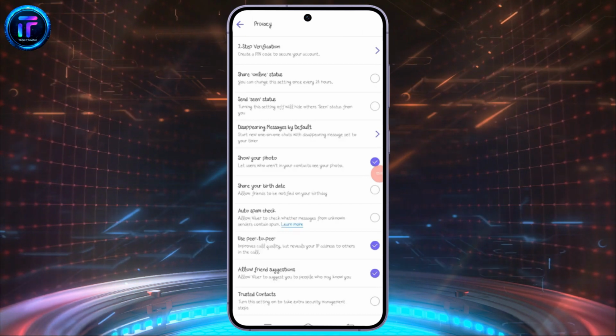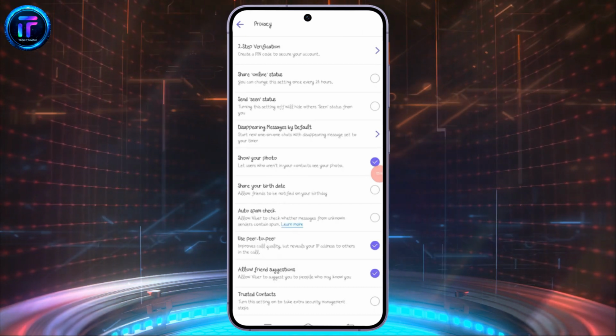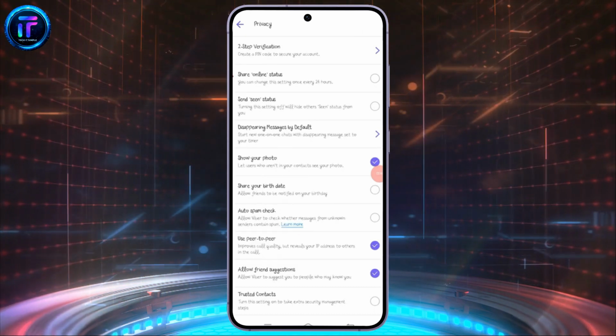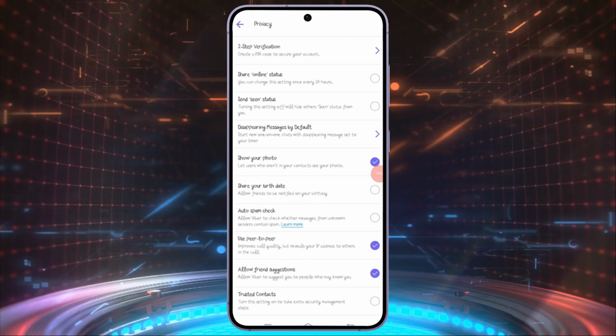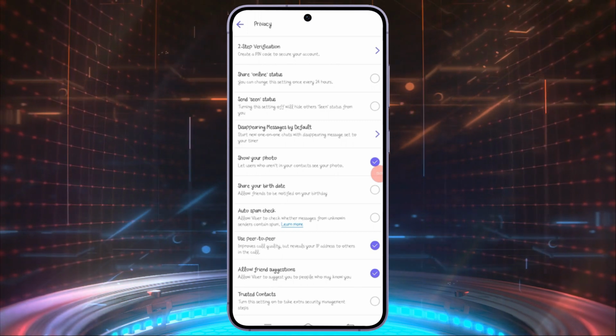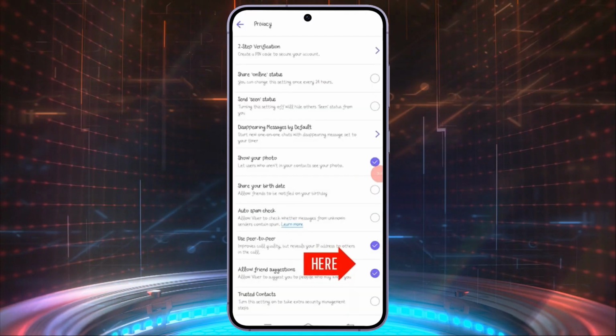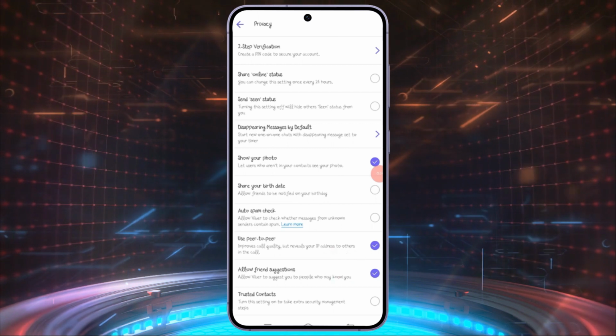Once you click on Privacy, you will reach the subheadings of that Privacy section. Here on this page, you'll find the Share Online Status option. Check if this option is enabled or not on your device. If this is enabled, go ahead and tap on it to disable it, and you won't be sharing your online